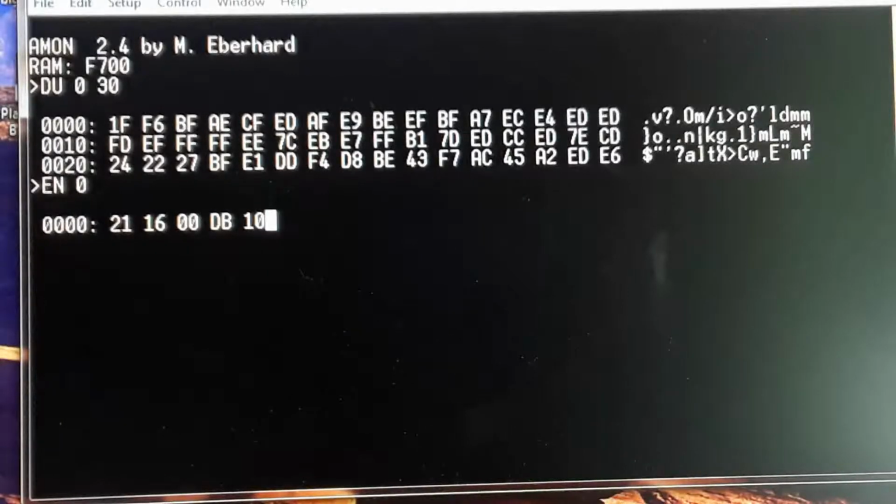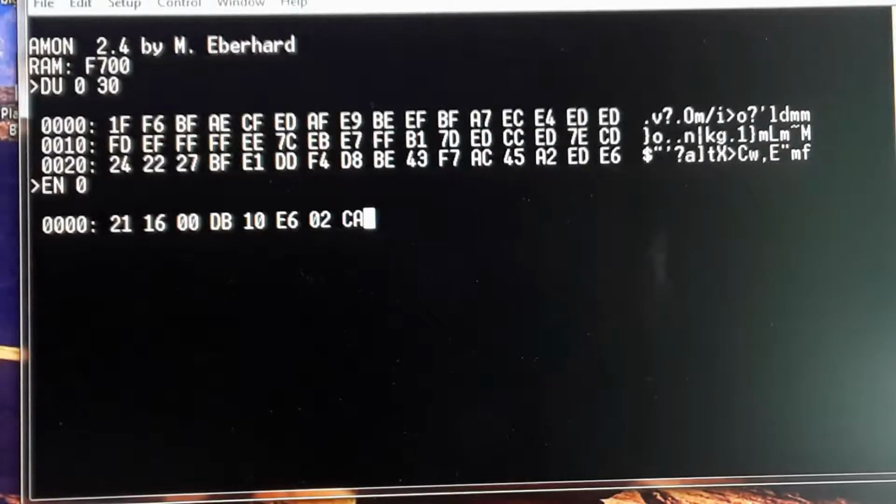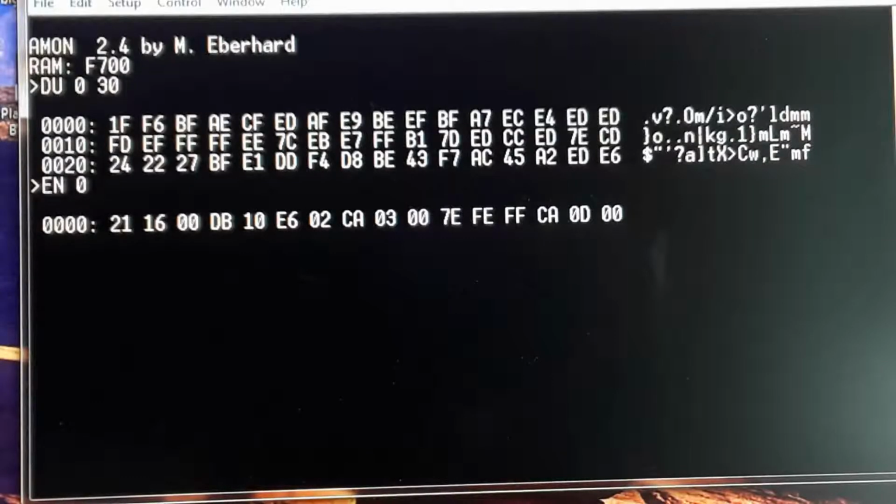DB 10 E6 02 CA 03 00 7E FE FF CA 0D 00 D3 11 23 C3 03 00